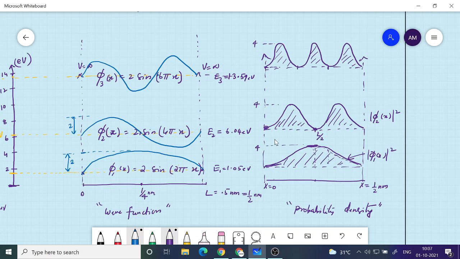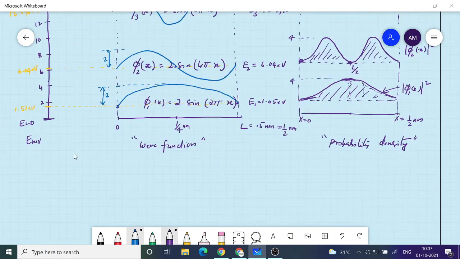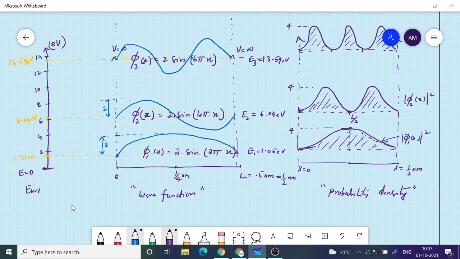So what is the conclusion here? The electron cannot take any energy; it has to take one of E1, E2, E3. So it cannot take an energy, say, 5 electron volt. When you put an electron in a box and confine it, it is not possible to give any energy to that electron; it will not take it. The only permissible energies are E1, E2, E3, etc. Nothing in between. So energy is quantized, we say.